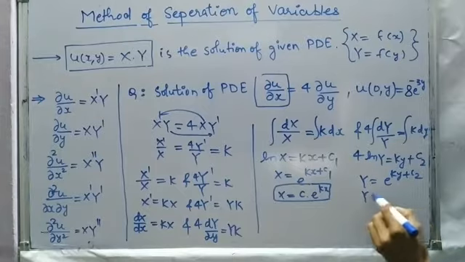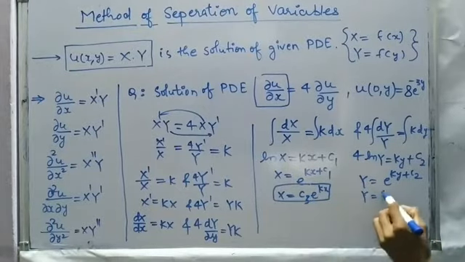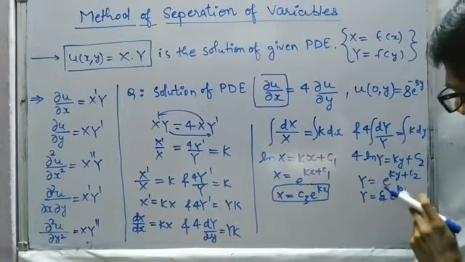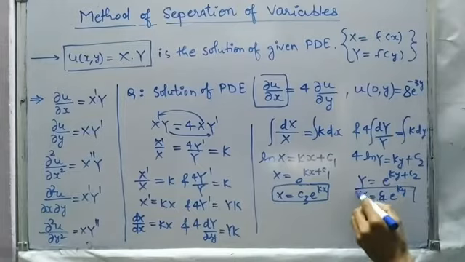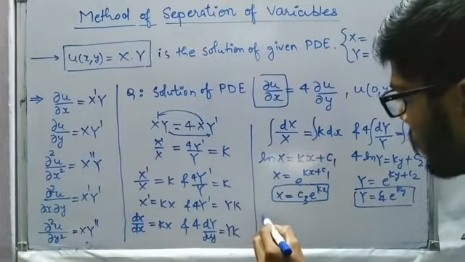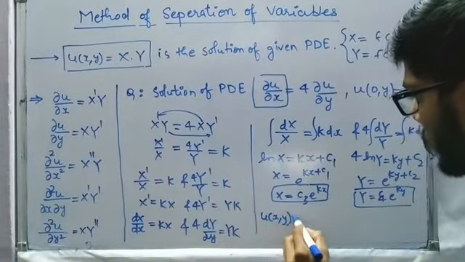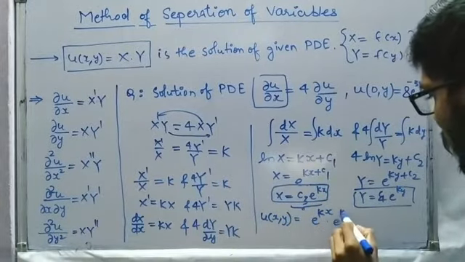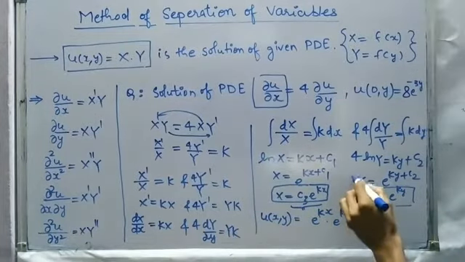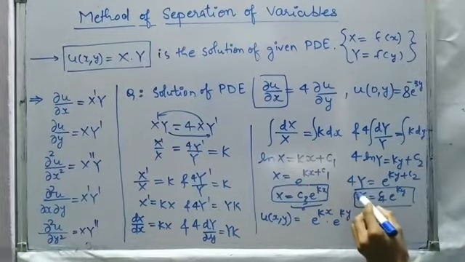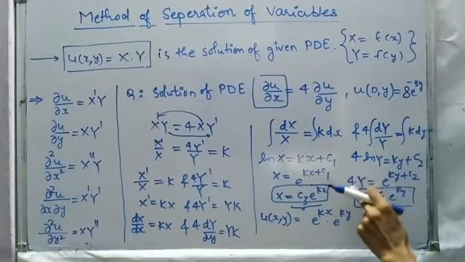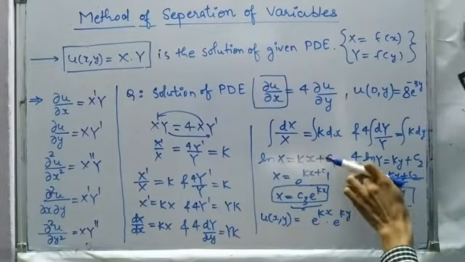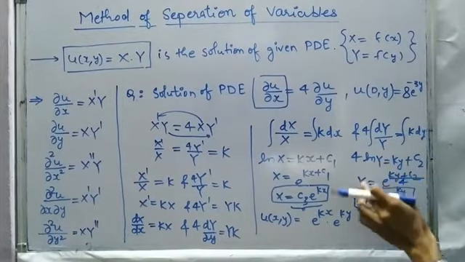let us say c3, and here we'll write as c4, e power ky. So e power c2, that I am going to assume as another constant. And now we assume that our solution u of x comma y is nothing but capital X into capital Y. So capital X is nothing but e power kx and this is e power ky, right? And we had 4 also here, so we are missing it. So 4 into ln y, so ky plus c2 divided by 4 will be there. First we'll have to divide by 4 and then we'll have to take the e power.